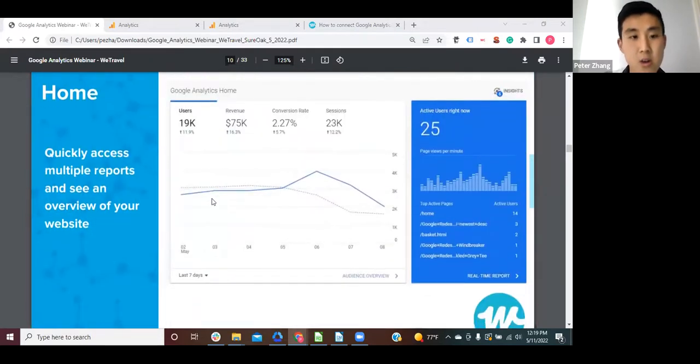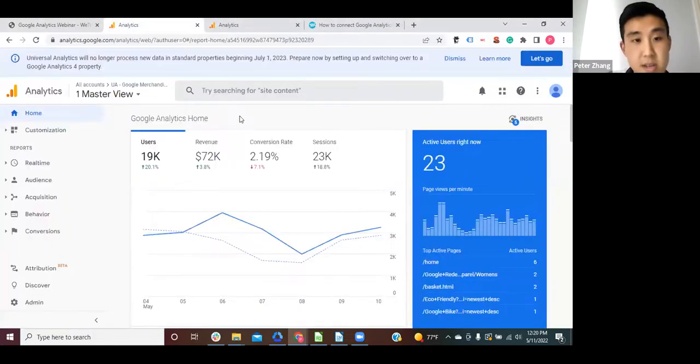So the home is a really nice overview, and depending on how much involvement you have with marketing, I would recommend this being your go-to place to spend the majority of your time. From the home section, you'll be able to find little buttons that link you to other reports. And so it'll give you an understanding. If you're not super familiar with all those tabs, you can look at these dashboards and see the information that sticks out to you and just go directly into that section. And so I'm going to open up this view, and this is exactly what we're looking at here.